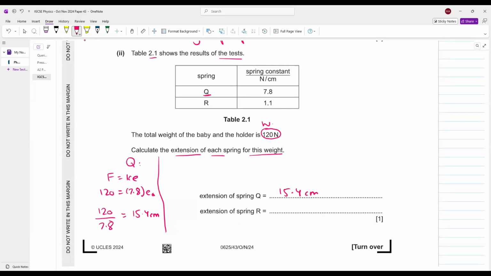Can you calculate the extension of R? Yes, F is equal to kE. What is your force? 120. k we know is 1.1. Can you calculate the extension here as well? 120 divided by 1.1 is your extension of R. What does that come out to be? 120 divided by 1.1. This comes out to be